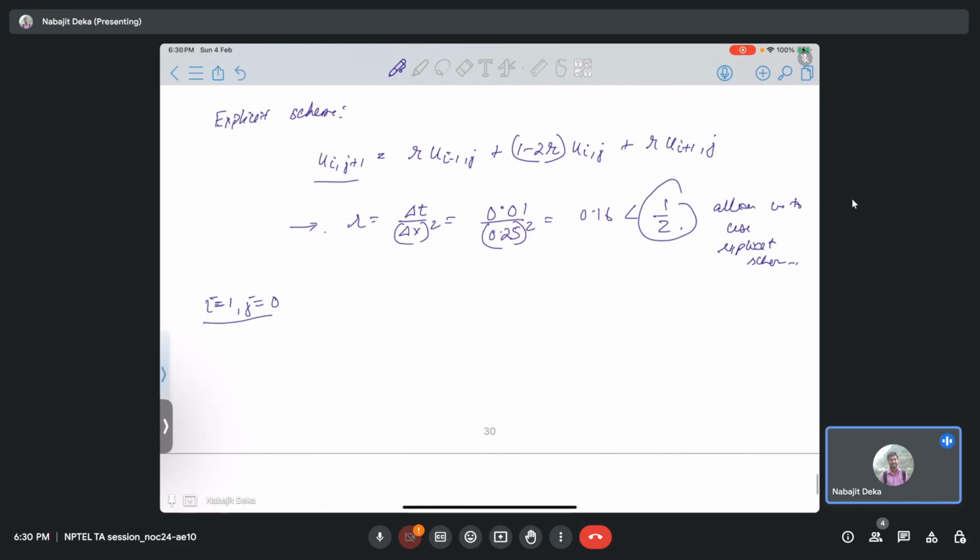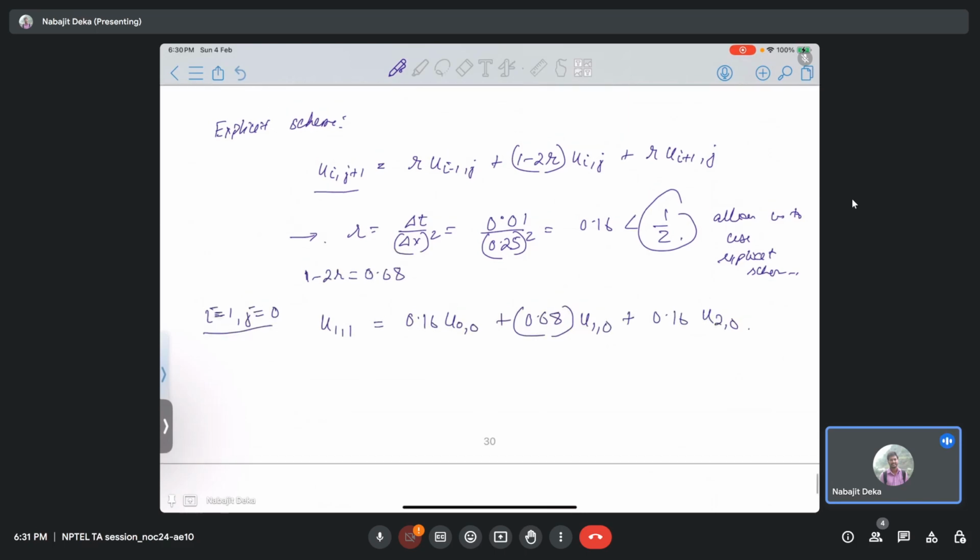So to put this, it will be u(1,1) equal to r is 0.16 u(0,0) plus 0.68, 1 minus 2r will be 0.68, 0.68 u(1,0) plus 0.16 u(2,0). Okay, so